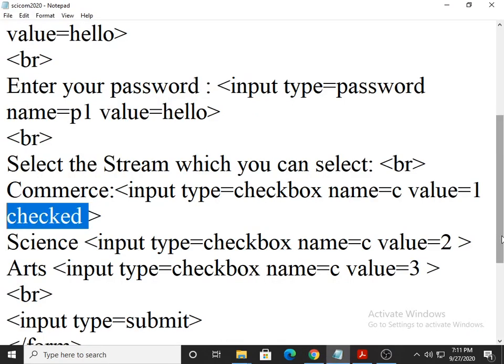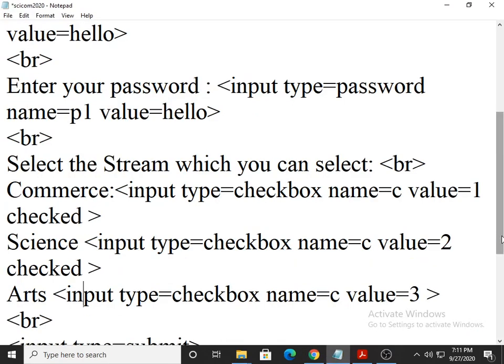And suppose if you write checked in all, then what happened? Now this question was asked in July exam. Those who fail in one subject, the government conducts their exam in July. So in that context, I am saying that the same question was asked in one of the July papers. Students, in radio button we observed that it will go to the last priority, but checkbox allows you to check all.